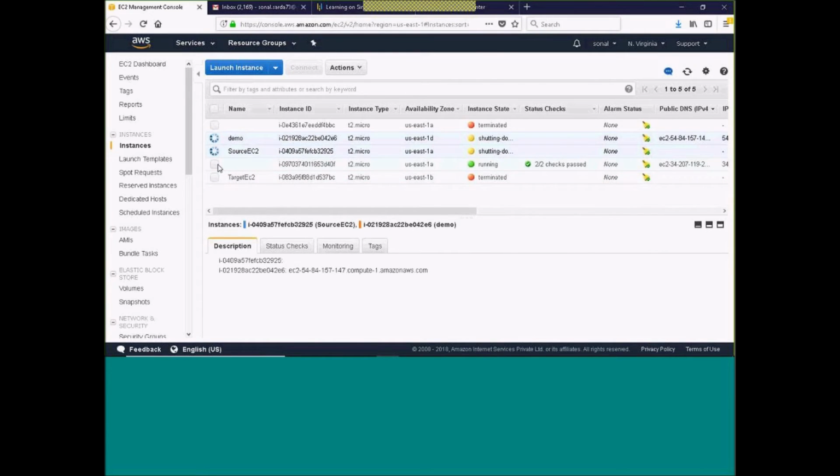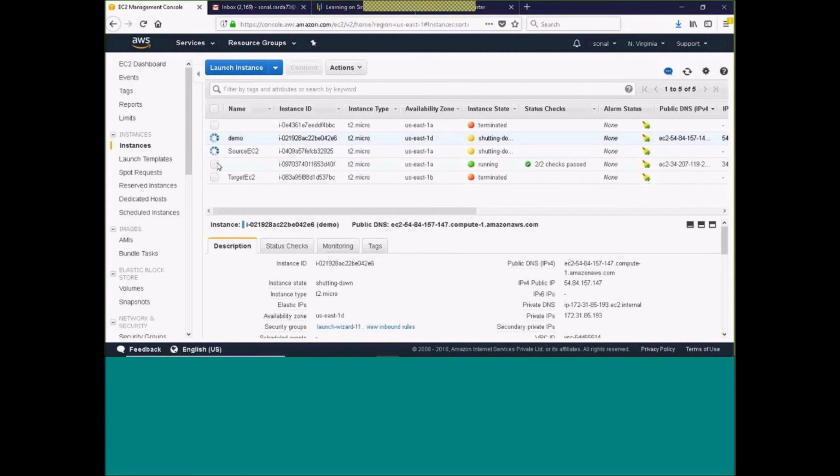So let's connect to that instance. Other instances are also selected. Unable to deselect it, I'll have to wait for a moment. I want to connect to this instance. Okay, let me tag this instance so that it will be easy for me: Linux demo instance. Now I'm able to see the public IP of this instance. I will connect to it and do some customization, so that when we create an AMI and launch from it, we will be able to see whether it has taken the same AMI. Okay, let me use PuTTY.